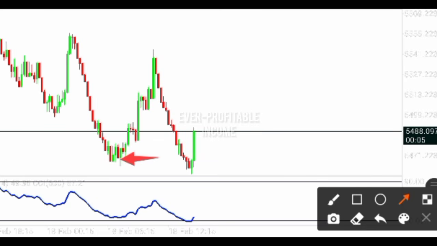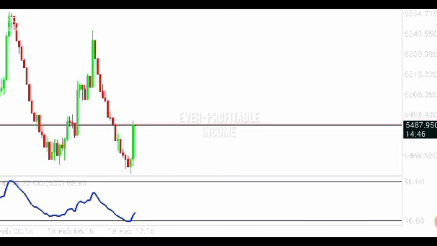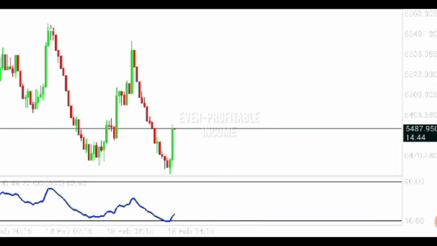Okay, now on the 15 minutes time frame, you can see that there is a support zone close by. So when you see that there is a support zone or a resistance zone close by, and the indicator is also at the oversold level, then that is a sure signal that spike is going to come in, and that is exactly what happened. This is the 15 minutes time frame, and you can see a support zone